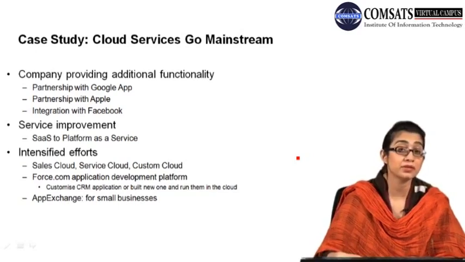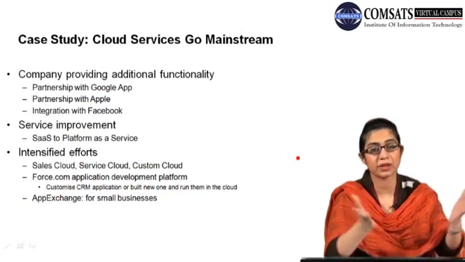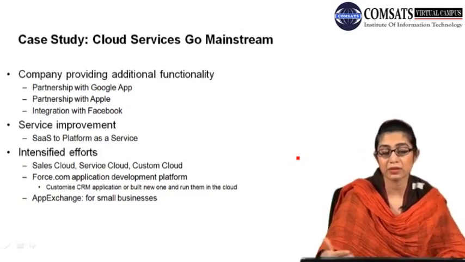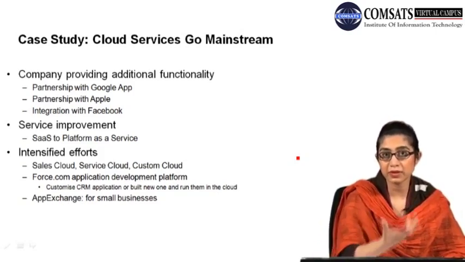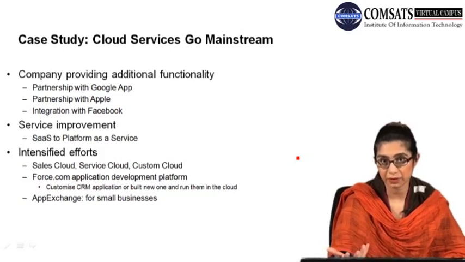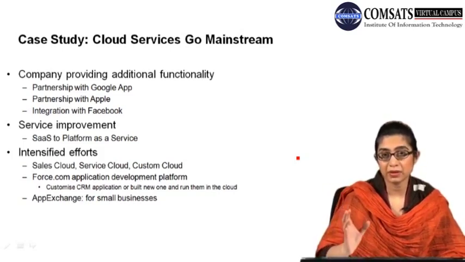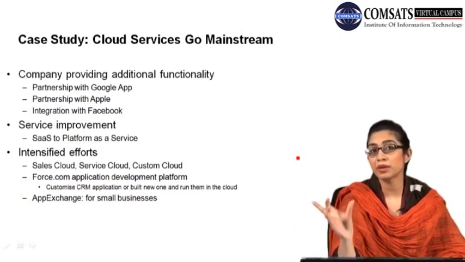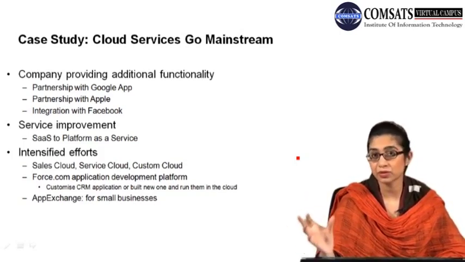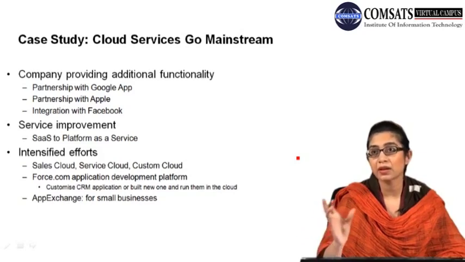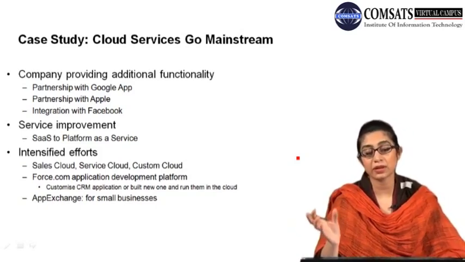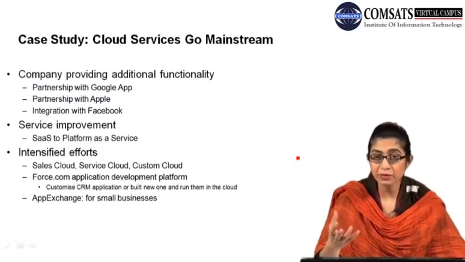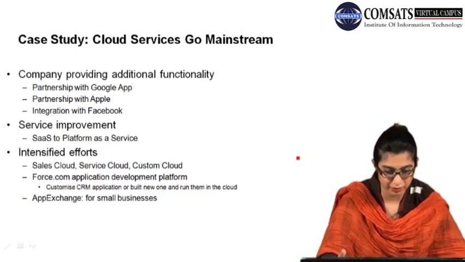Right, उन्होंने फिर 3 तरह के clouds अपने website के ऊपर बनाए. One was the Sales Cloud, the Service Cloud, and the Custom Cloud. ठीक है, Sales or Service was following the same software as a service platform, right? But on the other hand, Custom Cloud was their platform as a service जो थी वो दे रहे थे. Custom Cloud was basically the name that was given to their cloud platform, जब उन्होंने name दिया, that was the Custom Cloud. That means के different लोग उसको use करके अपनी applications develop कर सकते थे.